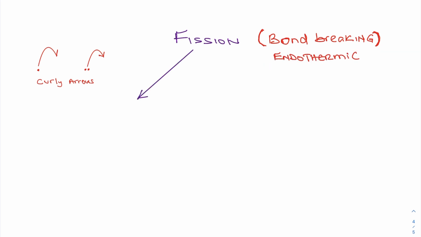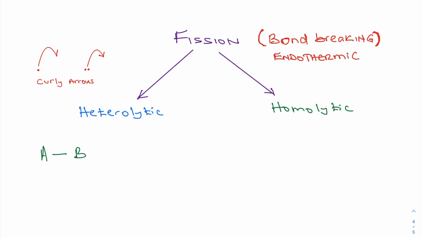There are two types of fission. One is homolytic fission and the other one is heterolytic fission. We're looking at homolytic fission. In homolytic fission, if you have a compound with similar or the same electronegativity, it will break with the help of light, because we're breaking a bond, with the help of UV light, into free radical atoms, two free radical atoms,